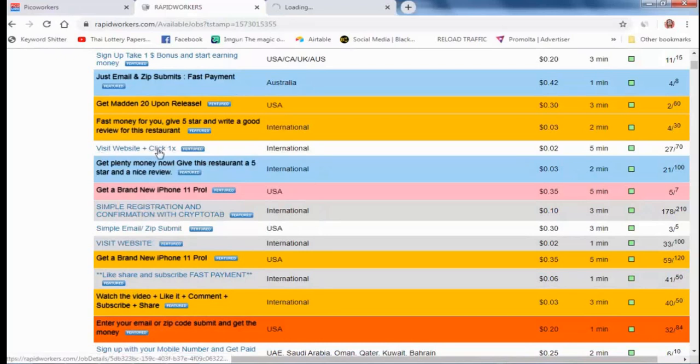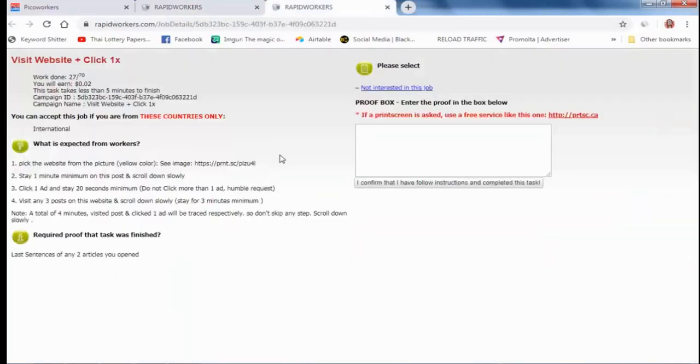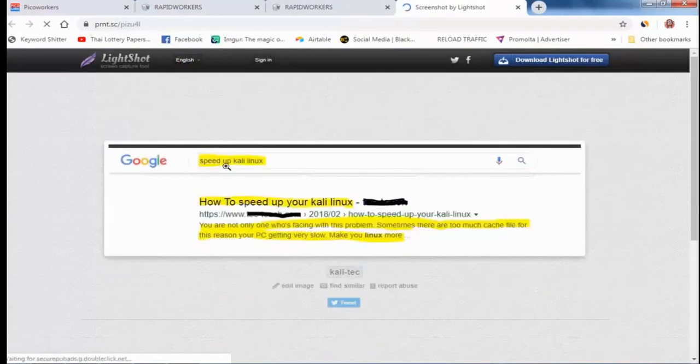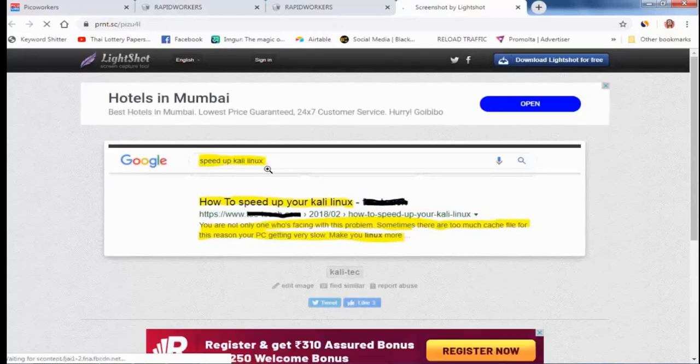Visit website plus click 1x. What do they write? Pick the website from the picture, yellow color, see the image. Here he shows this website. Now you can check "speed up Kali Linux."